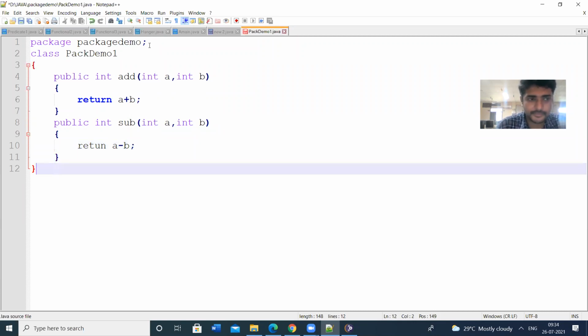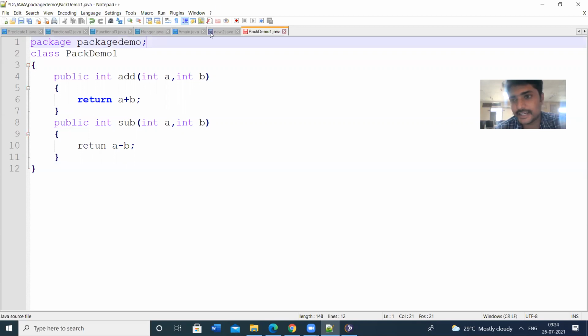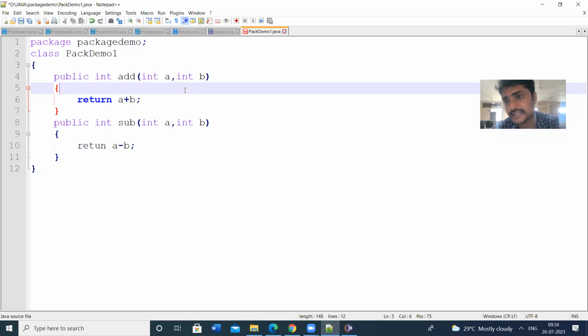So this is my class. So I have closed the class. So here I have not written any public static void main. So the package should not consist of public static void main. If you want to execute this program, if you want to run this program, then we need the public static void main. So here this is just a package. We are going to import this package to another application program. So that application program should have the public static void main. So here there is no need to give the public static void main.